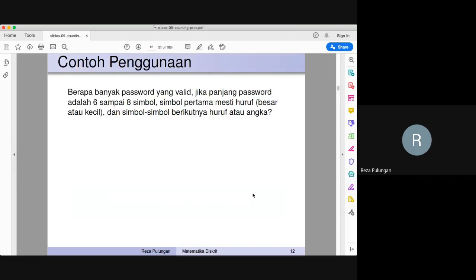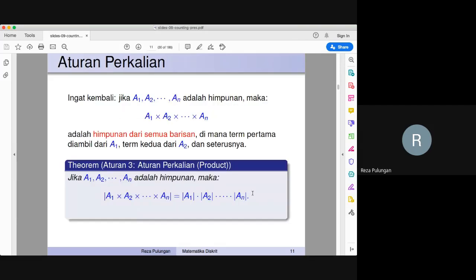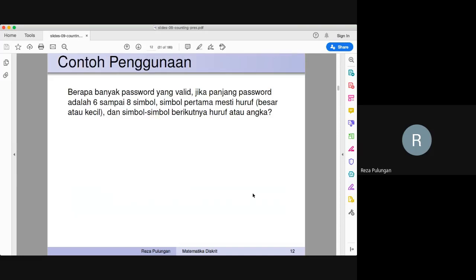So let me show you an example out of these two rules. How many valid passwords are there if you are allowed to create a password and this password must be between 6 and 8 symbols, the first symbol must be a letter, and this letter can be capital or not, and the rest of the symbols can be a letter or a number.